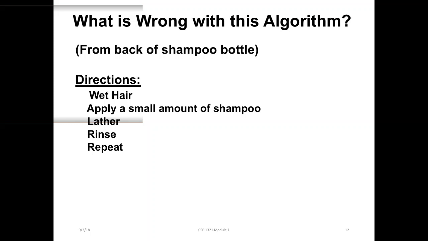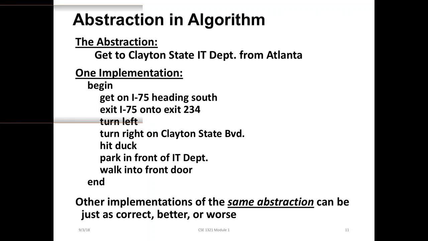So the mistake over here is the last one, repeat. That means it does not have any ending point. For all algorithms, you should have an ending point. You see this algorithm ends with output data, so that you can stop at a certain time. If you do not end, at some point you will pass your result, you will overpass your destination. So all algorithms should be finite.